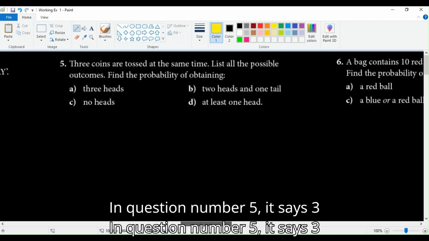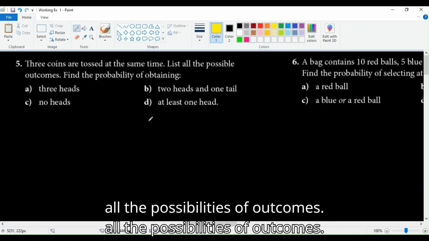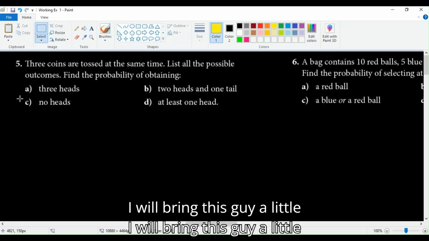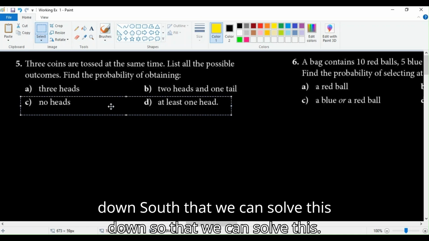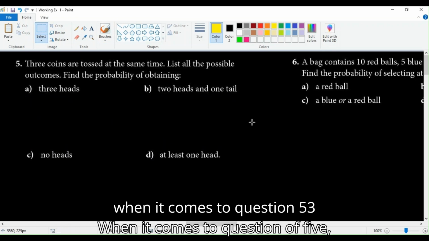In question number 5, it says three coins are tossed at the same time. List all the possibilities of outcomes. I will bring this down a little so that we can solve this. When it comes to question number 5,